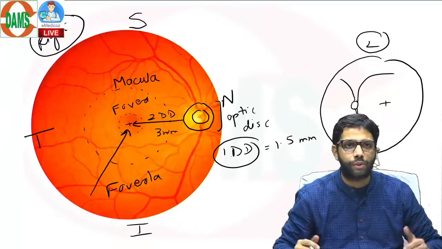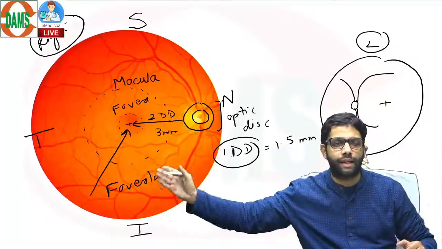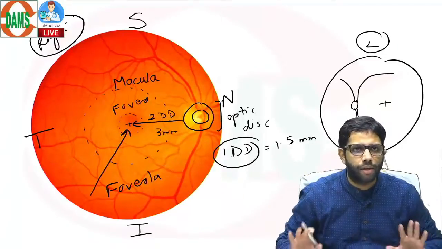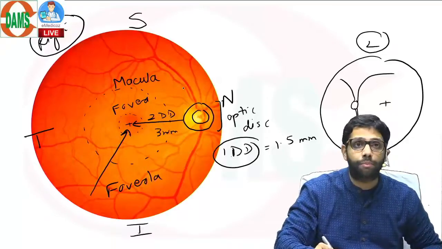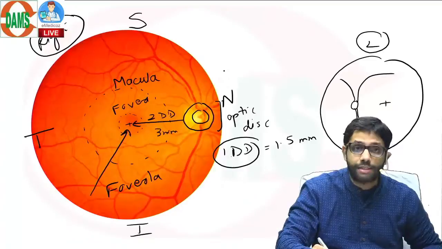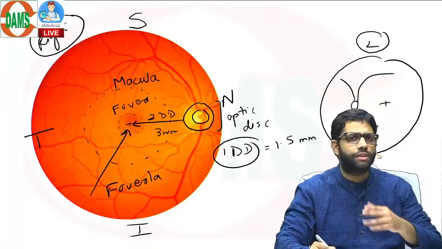There are only two eyes, so only two possibilities, right retina and left retina. Fovea on the right side is the right, fovea on the left is left. This is the basic structure. If you can see from the optic disc, we have vessels coming. These are the branches of central retinal artery, central retinal vein, which I'll just tell you.